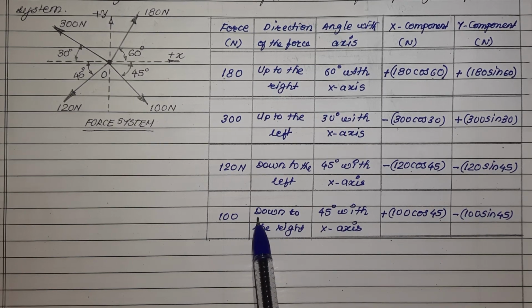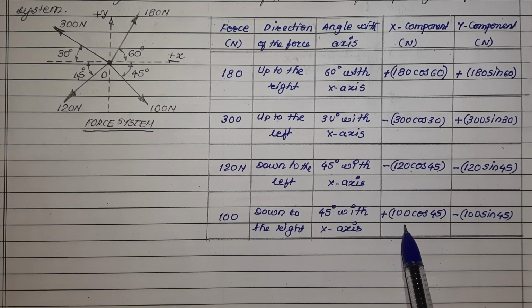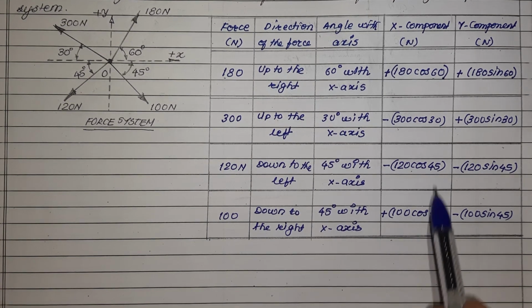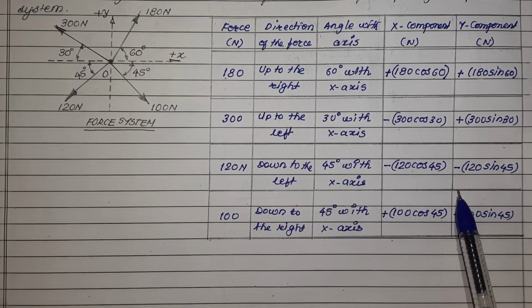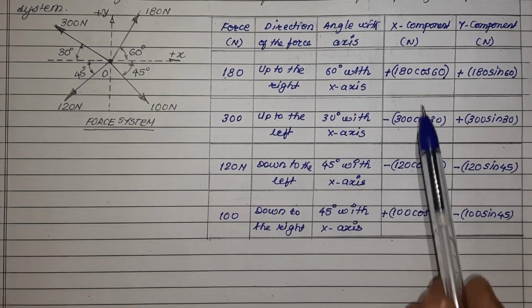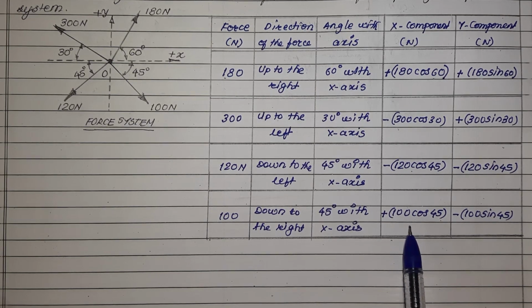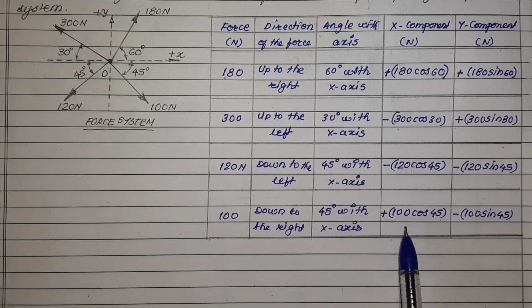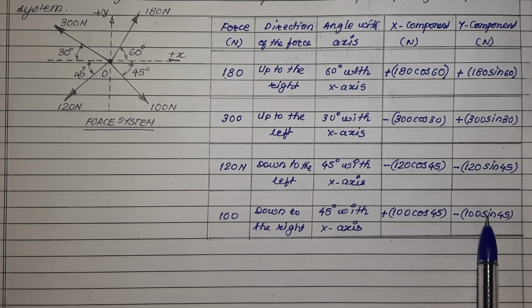Understanding the direction, since the y component is downward, it will be negative, and the x component is rightward, so it is going to be positive. This way we have obtained all x components and y components of all these four forces. Our next step is to combine the forces. So we can add x components of forces algebraically to arrive at a net unbalanced horizontal force, and we can add y components of the forces to get the unbalanced force in y direction.